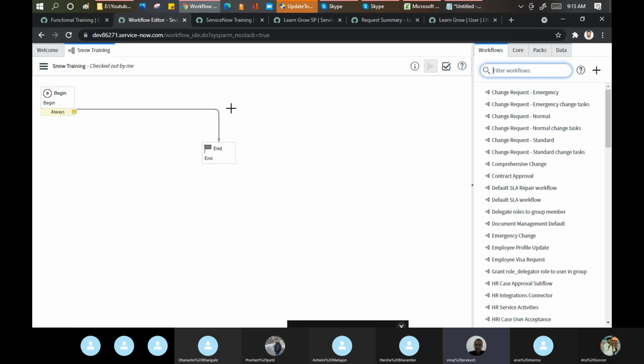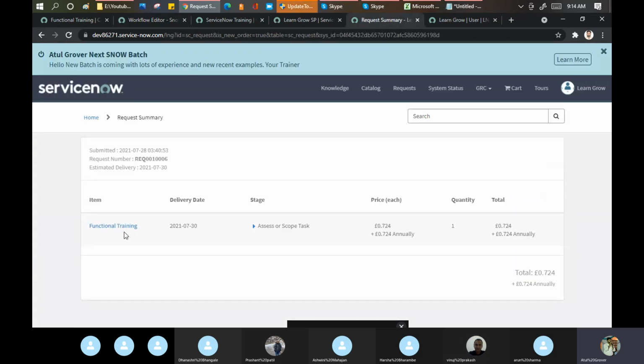See, we selected a table, right? Can you explain that part? What input is it going to take from the table? Yes. See, when you submit this, a record is created in one of the tables, which stores my item, my delivery date, my stage, my pricing, my quantity, my total, right? Don't forget the basic funda. A table is basically used to store the data, right, Vinuj? So how will my system, how will my workflow know what it needs to do now, on which record?